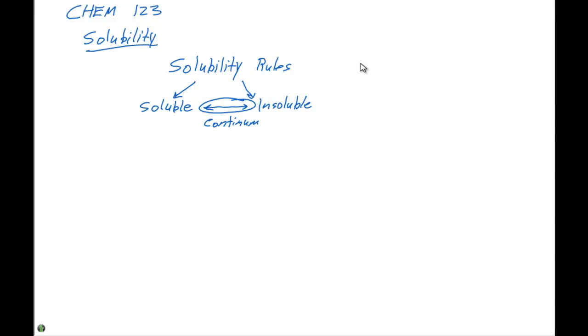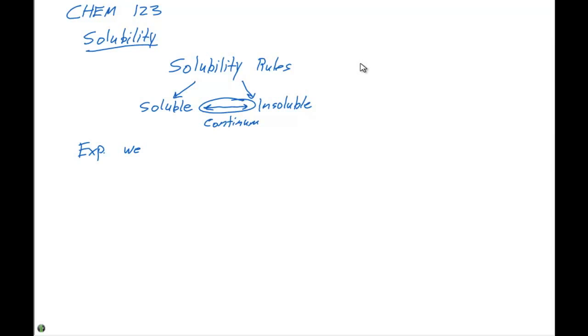So when we discussed solubility rules in chapter 4, we did that in a qualitative sense, which means you can just identify something in a black and white manner, and we don't really care about the amount. We asked the question, is something present, yes or no? In this case, we asked, is a solid present in solution, yes or no? And we can easily categorize that. But as you found out in lab this week, experimentally,